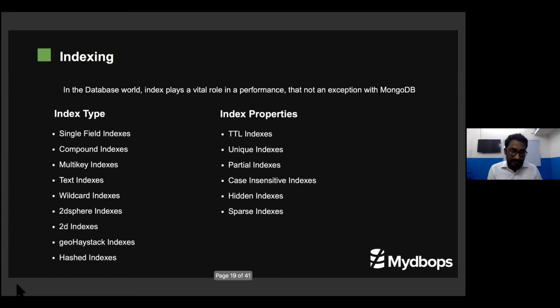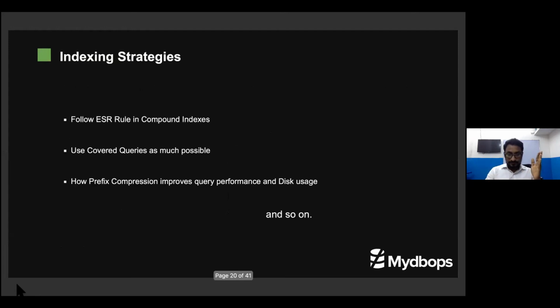The next is indexing. In indexes, we have different kinds of index: single index, compound index, multikey index, and lots more. People who are newbies to MongoDB consider hidden index also a type of index. It is not a type, guys. It is a property. You can create a compound index with a partial index property. You can create a compound index with a TTL index. So these are all properties. You need to understand the difference between these.